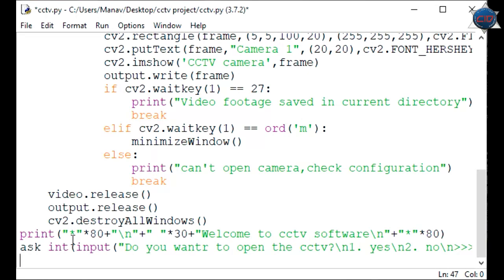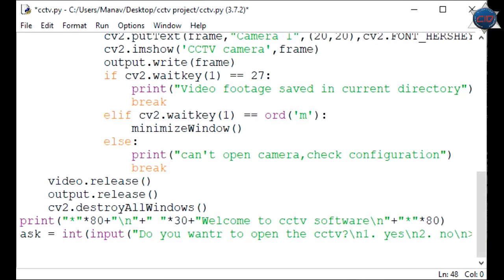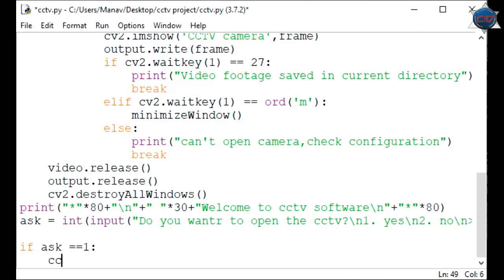Under ask I have forgotten equal to, sorry for that. And now I'm just checking that if ask equals 1, then I'll call the CCTV method.